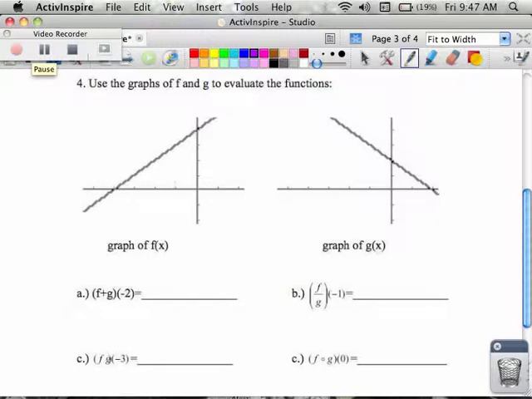In number 4, we're going to use some graphs, and we're going to evaluate, which means find the numerical answer. So I'm going to do one example, and then I want you to try the other 3, and we'll come back and talk about them. First of all, remembering that f plus g